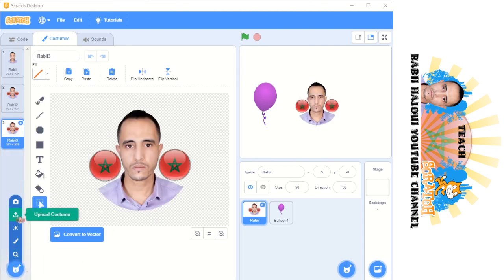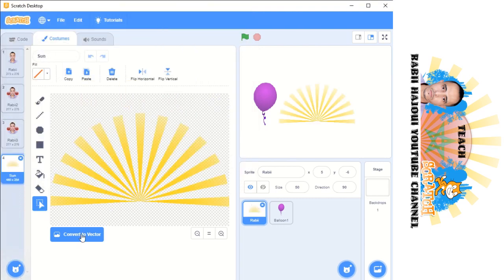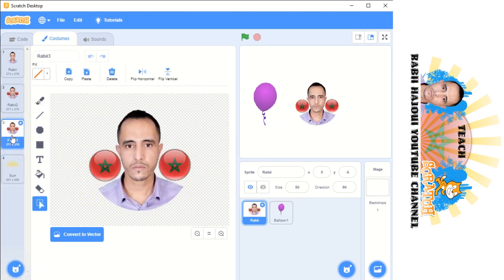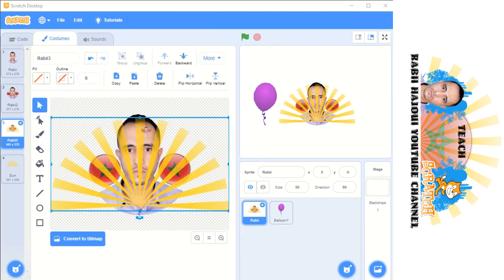Let's add a new costume. I'm going to add the sun, open, convert to vector, Ctrl C. Let's go to the third costume and Ctrl V. Let's resize the sun